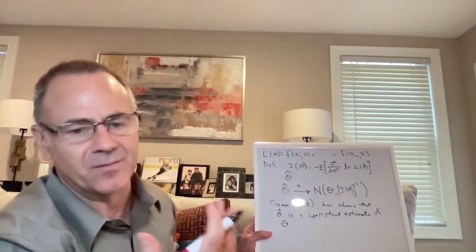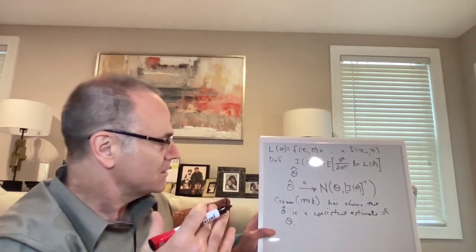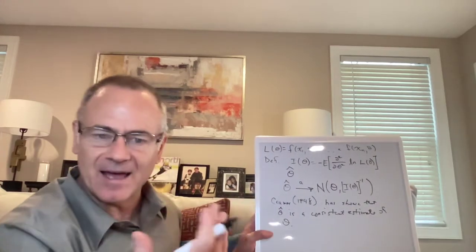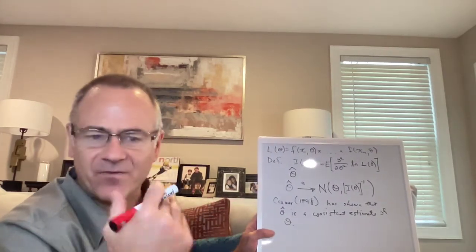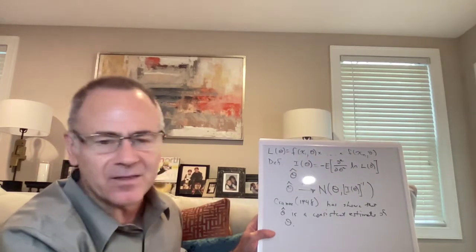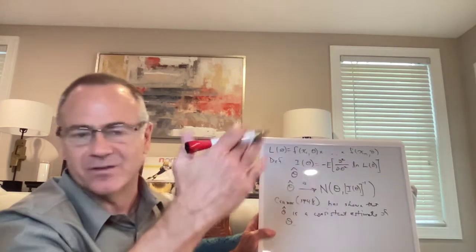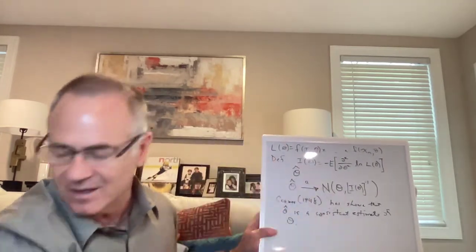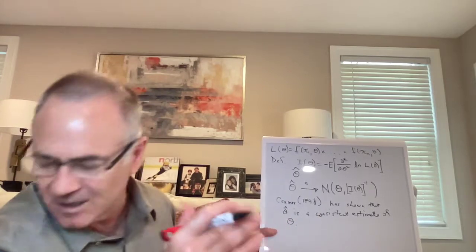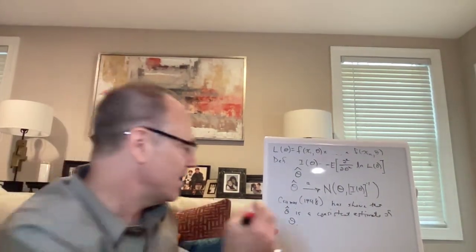Then there are some other results. If you take some function of that theta hat, and that function is continuous, and I think the slope is never infinite, nor the values. The values have always got to be finite. It's bounded. There are some technical assumptions on this. If all of that is true, then